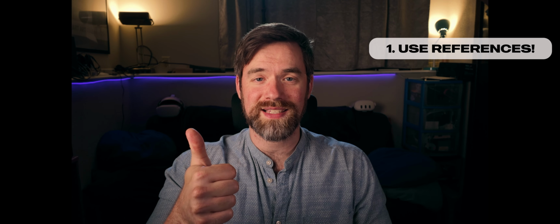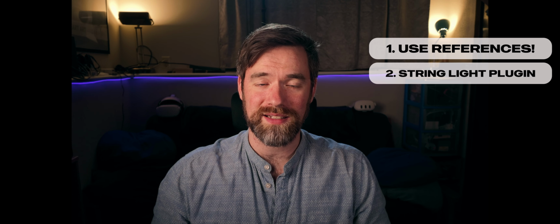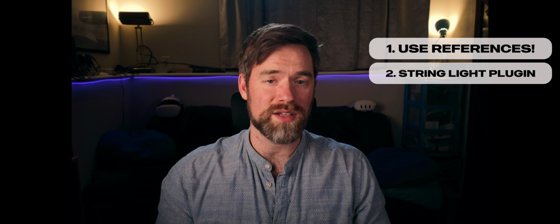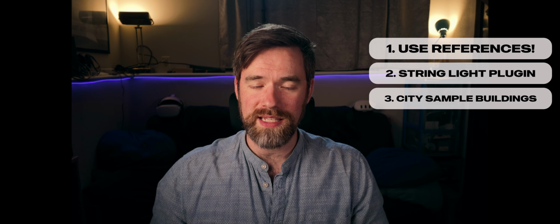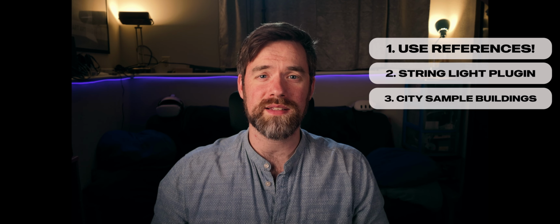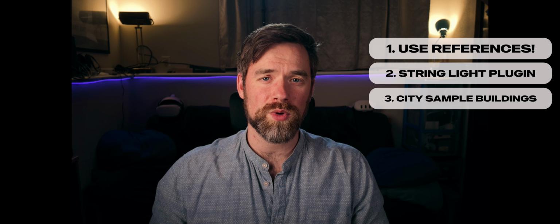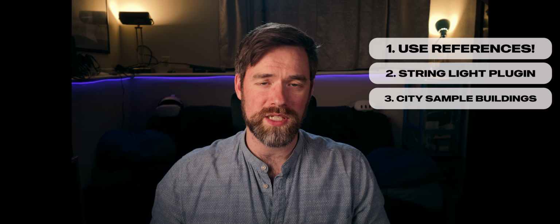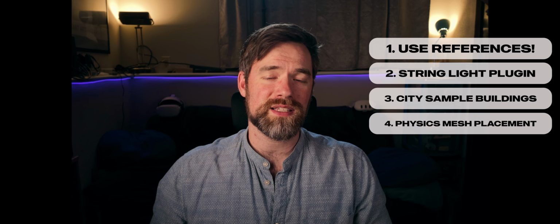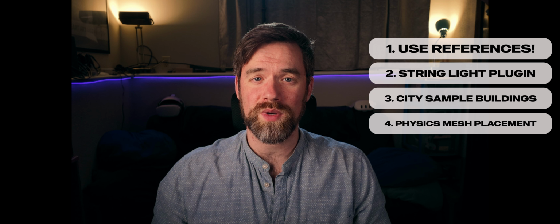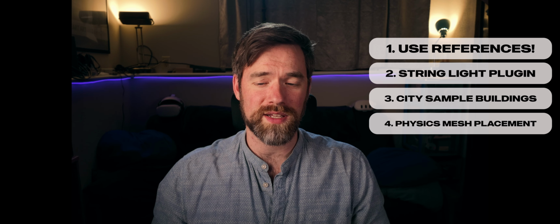Those 6 things are the necessity of using references, the string light plugin that I used for this that did basically all of the lighting in the scene, the ability to use the city sample buildings that Epic provides in one of their demos, and then how to work with specifically the window materials to adjust the brightness of those, using physics to place things in a realistic way, such as the pile of wood that I have next to one of the chairs,